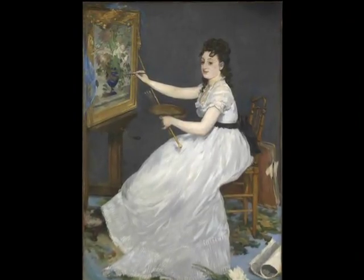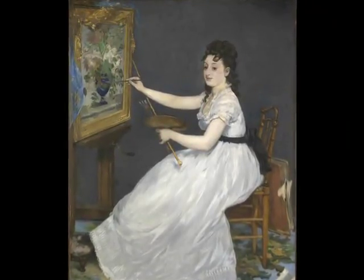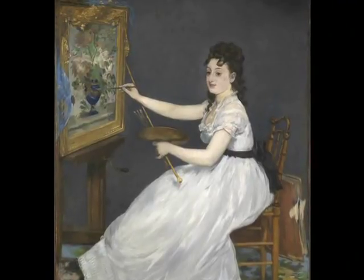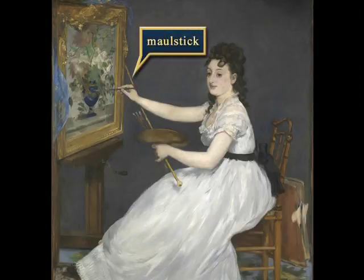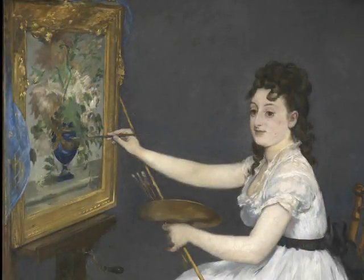Gonzalez is shown in the act of painting while seated, the traditional pose for a painter right up into the 19th century. She works on a still life already framed. Think of the very earliest paintings we saw in this course that were also framed before painting. She supports her hand with a maul stick. All of this is conventional, and for centuries, still life in particular had seemed the most appropriate subject for a